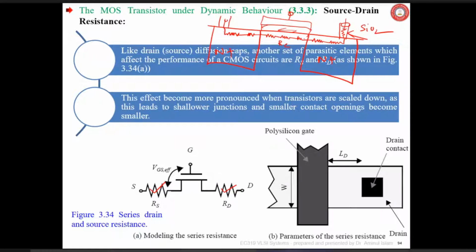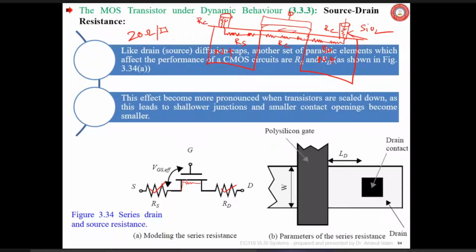Similarly, here you will have contact resistance. So this may be called RC, this may be called RS, and this may be called RD. Drain diffusion region, of course, is heavily doped. Resistance will be less, but still there will be 20 ohm per square resistance. And these resistances, along with the channel resistance, are going to offer delay.